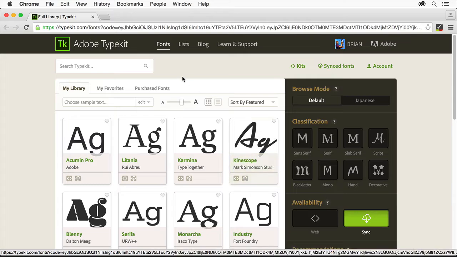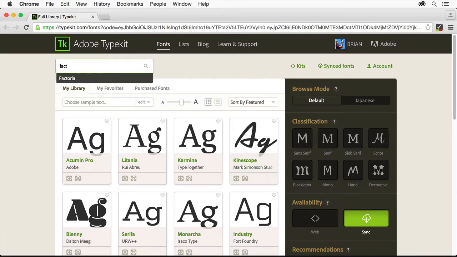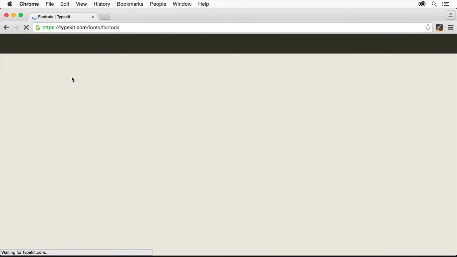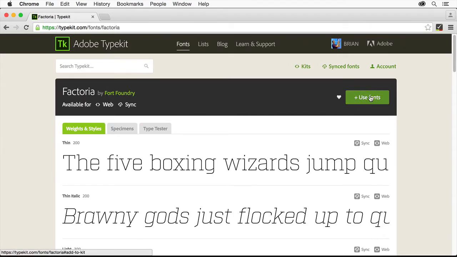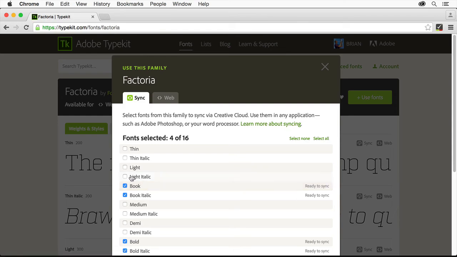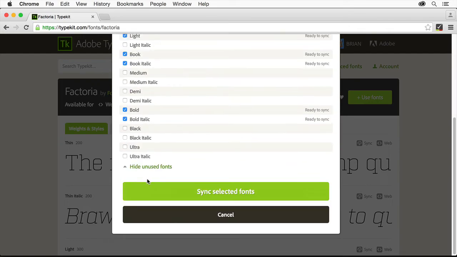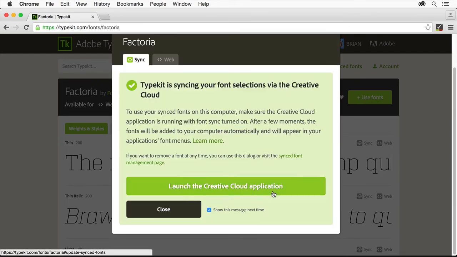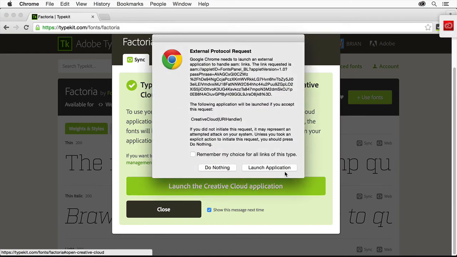your machine. Come to the Search field and type FACT. We'll use the font Factoria in this project. Click on the name Factoria. Click Use Fonts over here. Click Show All Fonts to see the entire listing. Select Light to add it to the font styles chosen by default. Scroll down if you need and click Sync Selected Fonts. And then click Launch the Creative Cloud application, where you can check to make sure that the font has synced